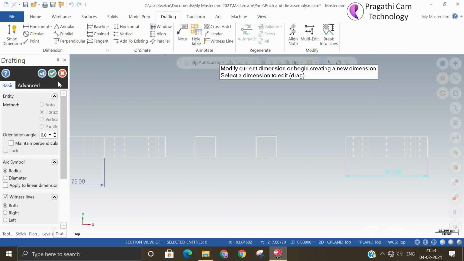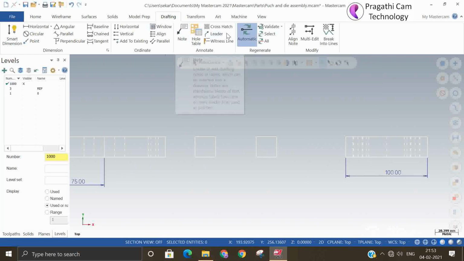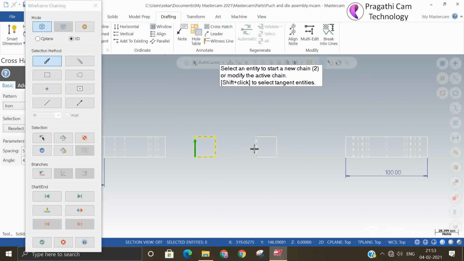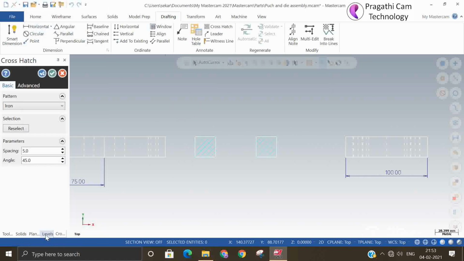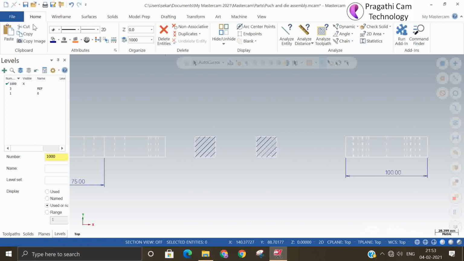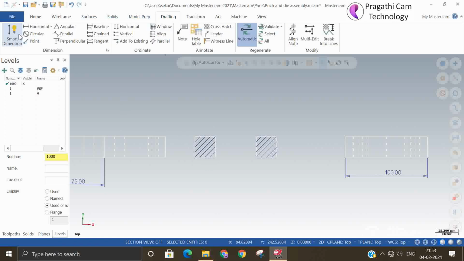So all dimensions too. If a section view is there and you want to make hatching, you can do it. So if you want a dimension, you can give it.